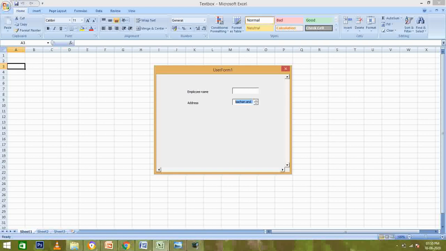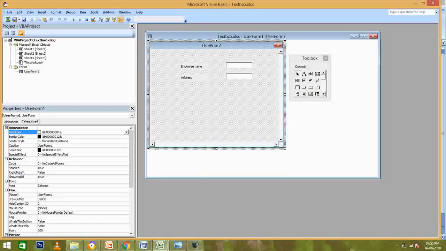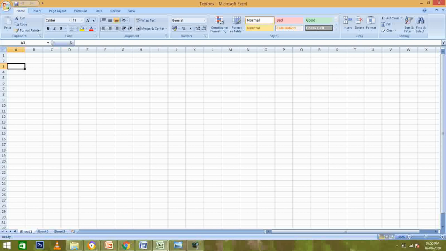To explain it better, I will move to my Excel and tell you what word wrap is. Suppose you are writing Amitabh Bachchan here.